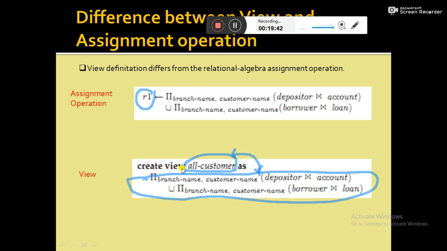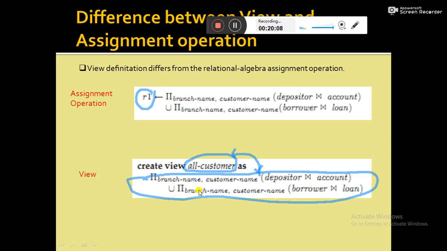But in the case of a view, this is not going to happen, because the database management system only stores the definition of the view. So whenever you use the view name in a relational algebra query, the query processor actually replaces the view name with the view definition.